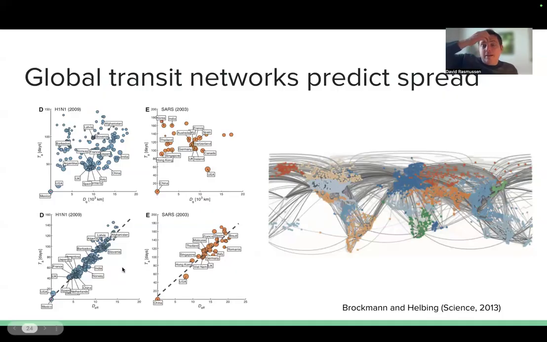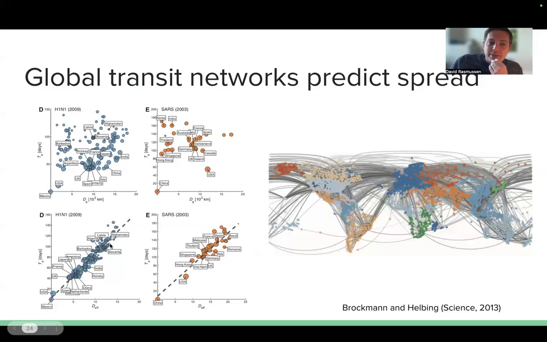Whereas if you take the air traffic passenger flow between two different locations and calculate what we can think of as an effective distance that accounts for how much air traffic there is between two locations, such that the more air traffic there is, the closer these locations will be in this sort of effective space. We can see that these effective distances based on air traffic very precisely predict how long it will take